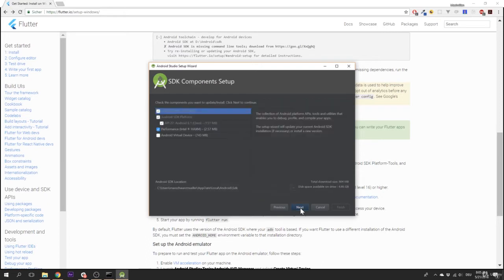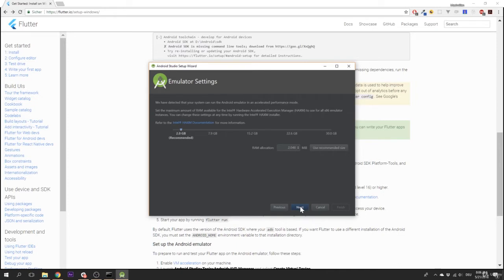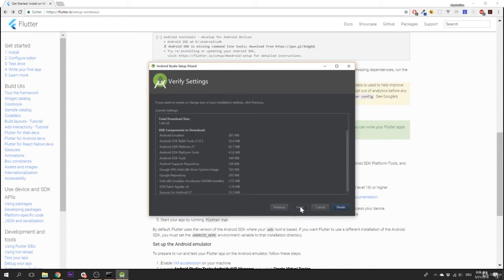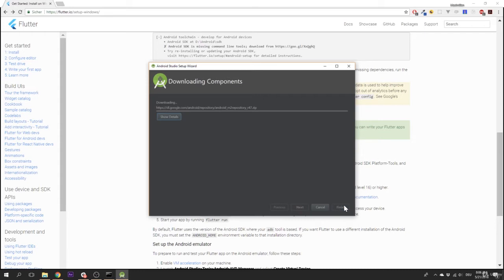In the next step, it's important that you check Android Virtual Device, that this option is ticked, because we will need to be able to bring up such virtual devices. With that ticked, choose your Android SDK location, use the default or create your own path, and thereafter simply hit Next. Now, this will install a couple of things, and you can start the installation by hitting Finish here. This will actually take quite long because it downloads and installs a lot of packages, so don't worry if this takes a couple of minutes, maybe even 20 minutes or something like this,